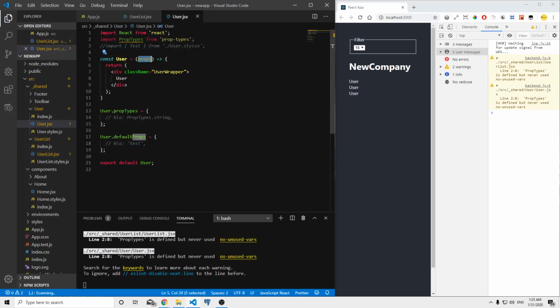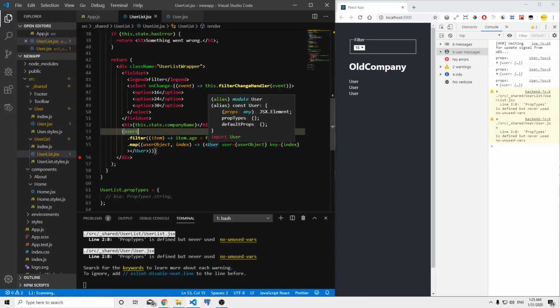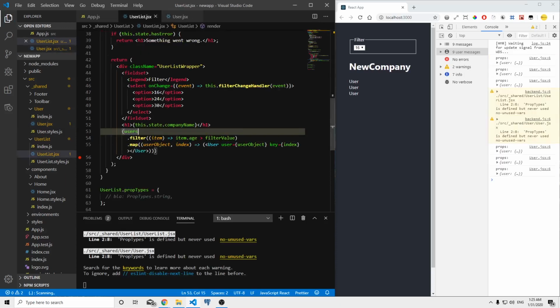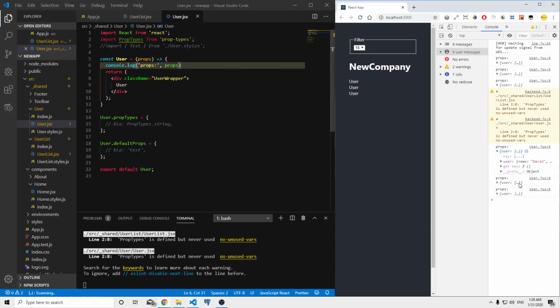So let's console log this here. Every data we send inside this component, React will bundle it into an object, these props named by convention. So if you console log it, we have this user